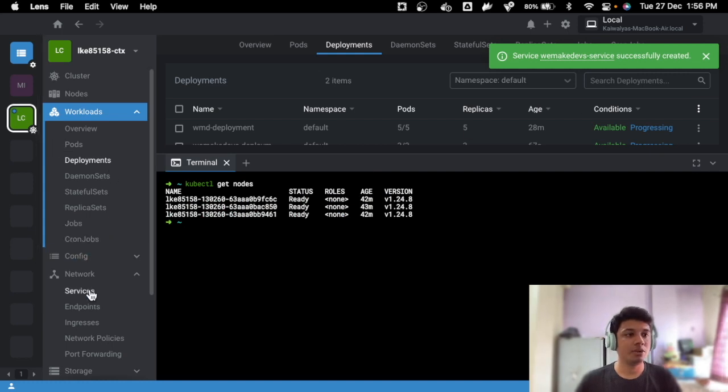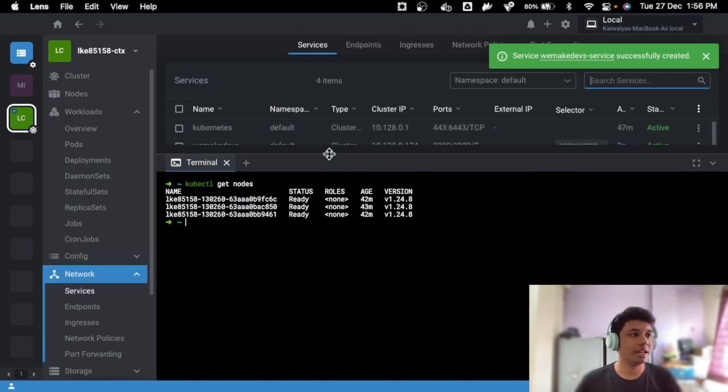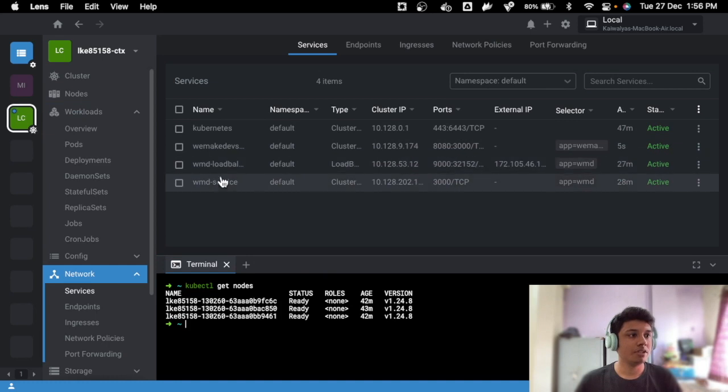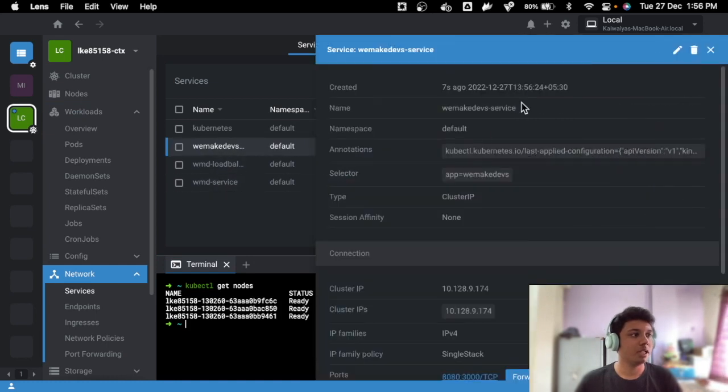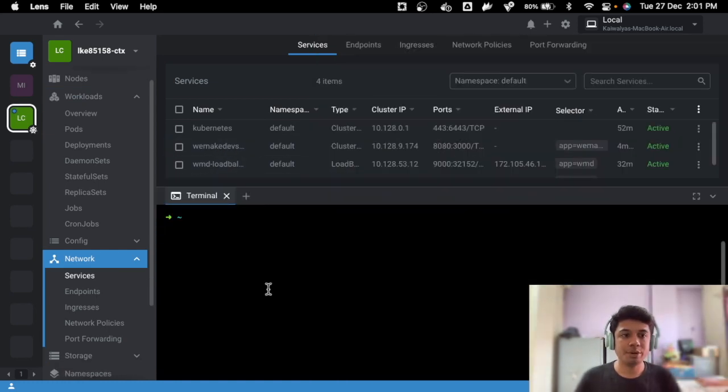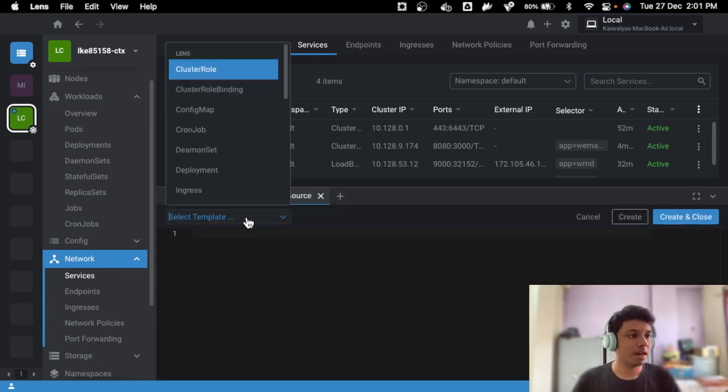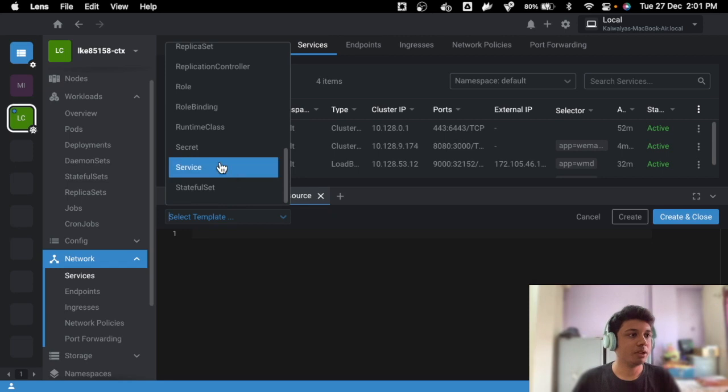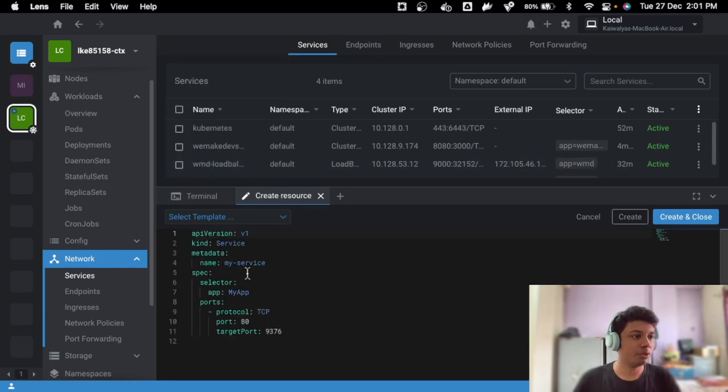And let's go and create. Service created. Let's go to service, right? You can obviously see the service. We make dev service. See, this is service, right? Let's try to create a load balancer service now. So let's go ahead here, and I don't think there is a separate load balancer service template. So just here, and we make tails load balancer,